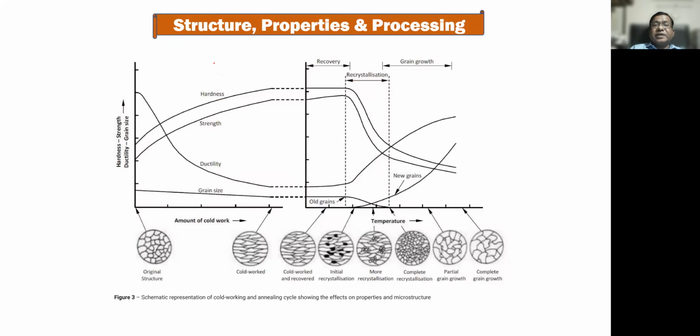So this is just an example, some original structure. It is cold work. So this structure, so grain size will, there will not be much defect. The ductility will decrease, strength will increase, hardness will increase here. Okay. And cold work structure, then if we are doing heat treatments at low temperature, means below its recovery temperature,